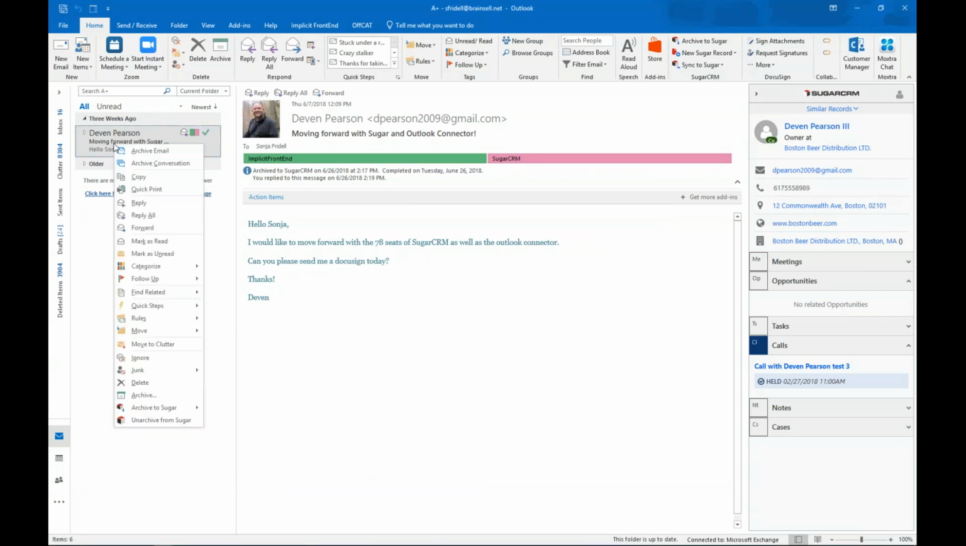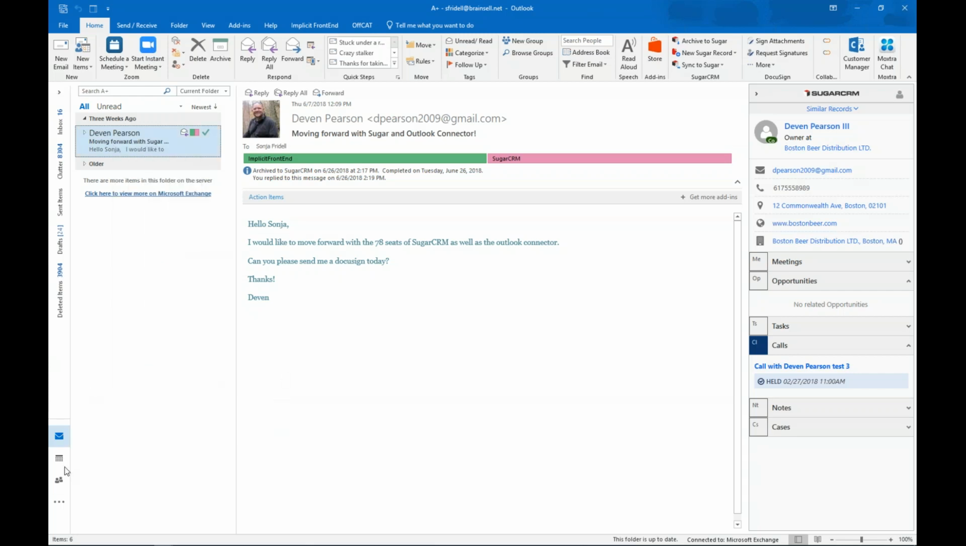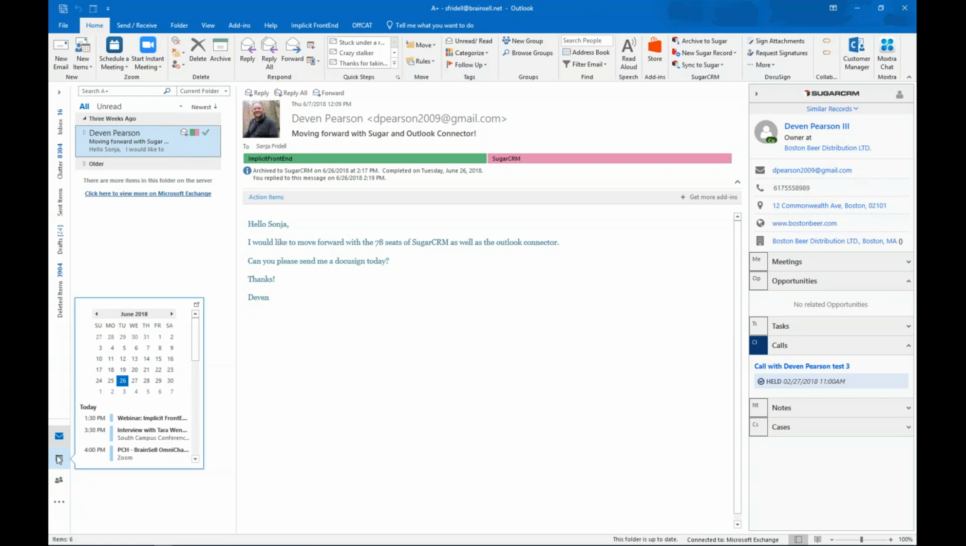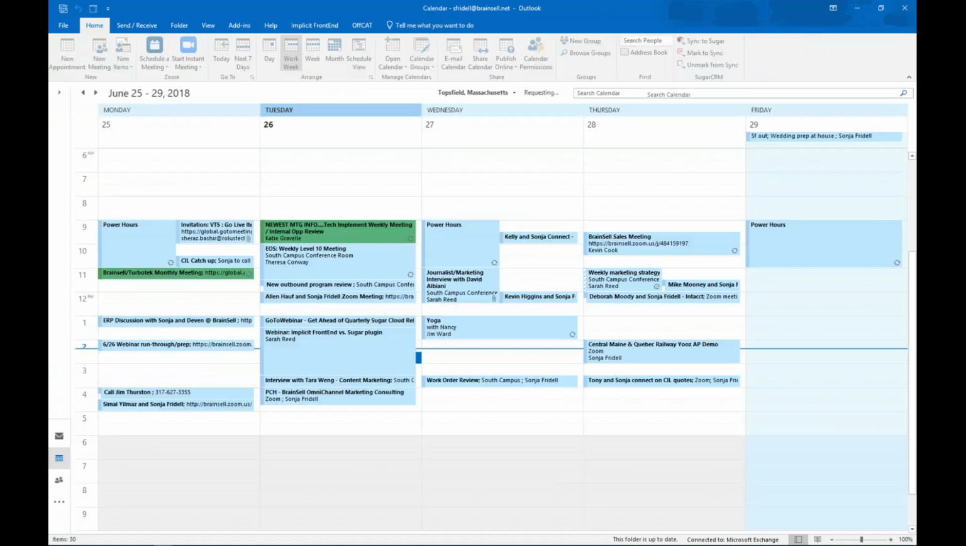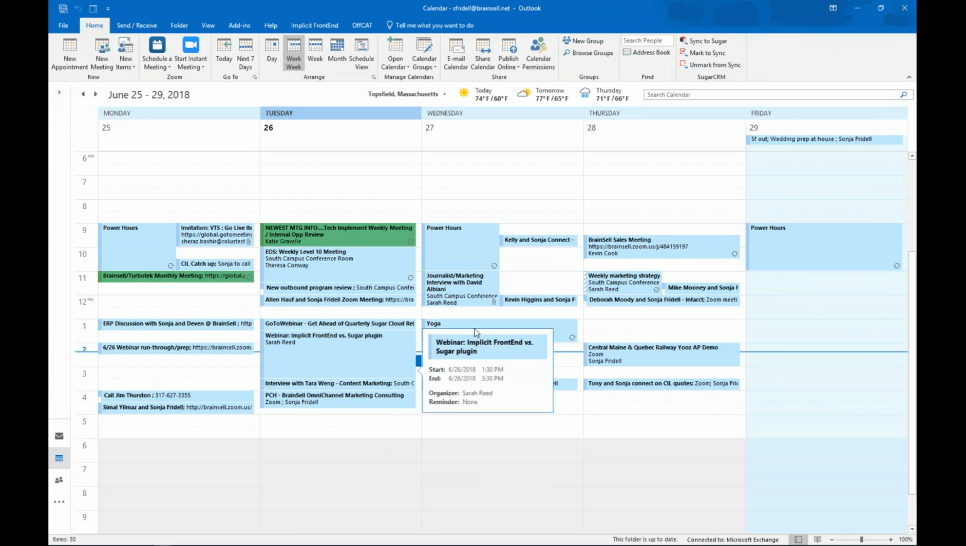I can do a very simple right click. So right from here, well, I can unarchive it, that's cool. But I could archive it right from here without replying to someone. And then of course I could sync in contacts and I can sync in calendar items as well. So if I want my calendar items to be showing,